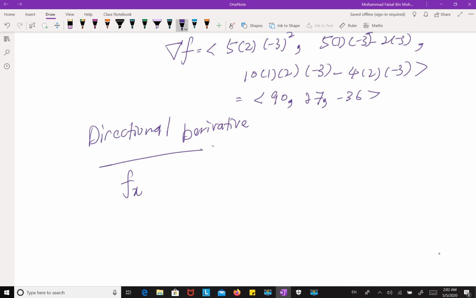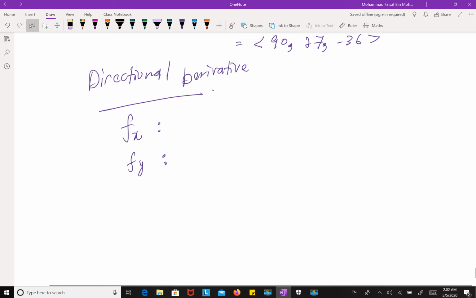So fx is the derivative in the x direction, which is in the i component. Fy is the derivative in the y direction in the j component. Now we want to find the derivative in any given direction. So the theorem says